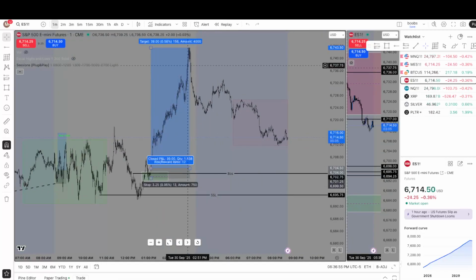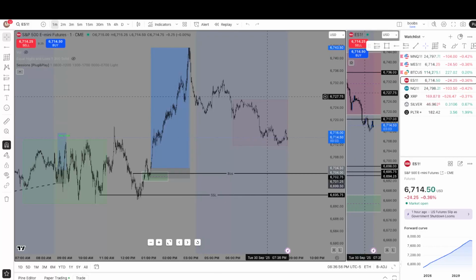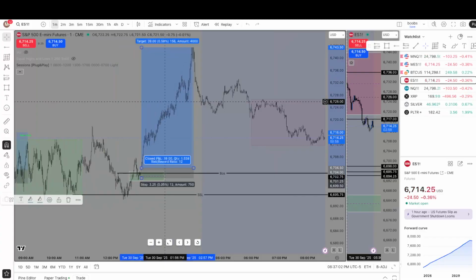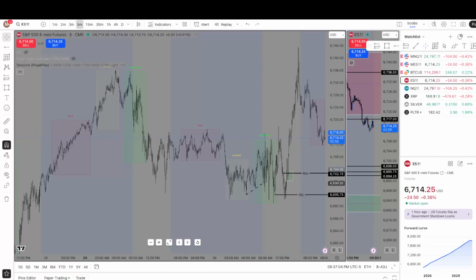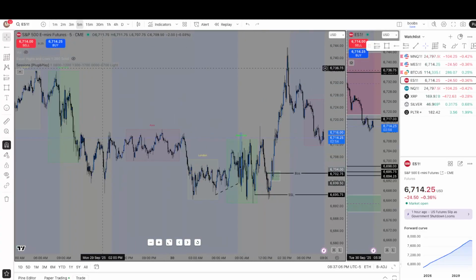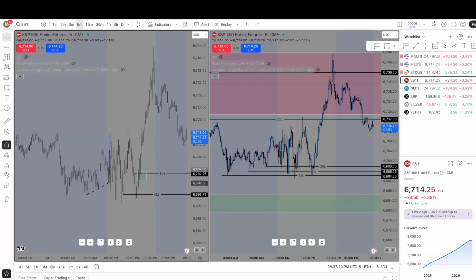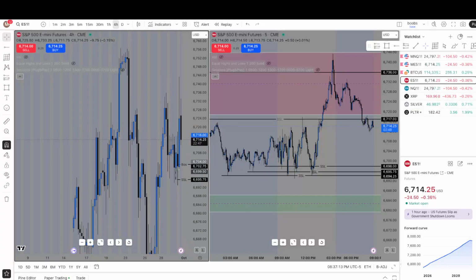Wow, and just the movement is insane because now we're coming into Asian session, as you can tell. That's pretty cool. I wasn't even looking at the market. I didn't even see that. We're going to get rid of all this and go back to this, have both of these set up. I'm just going to start marking up some stuff going into tomorrow.